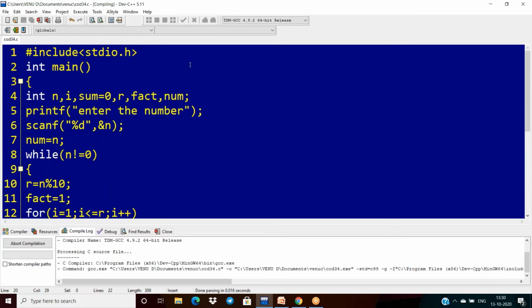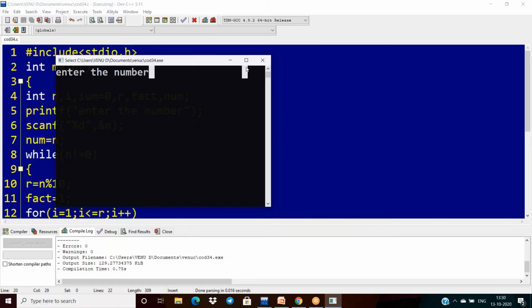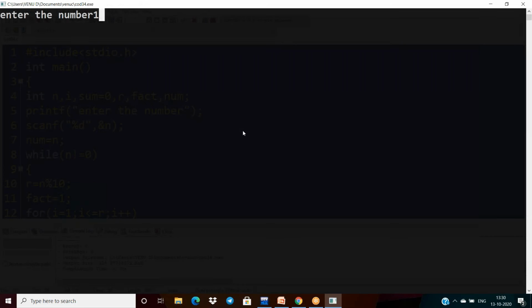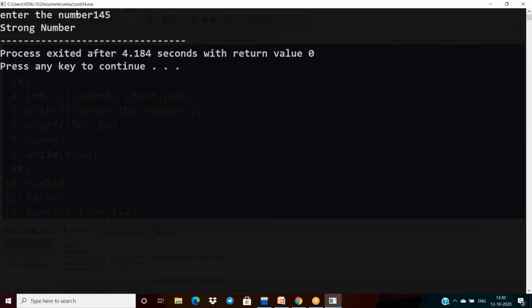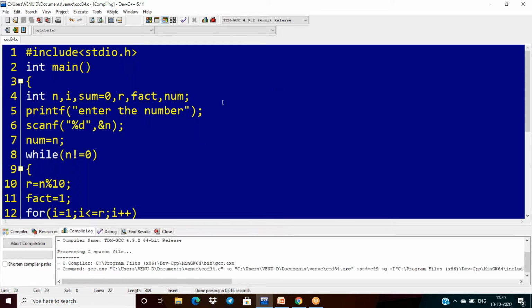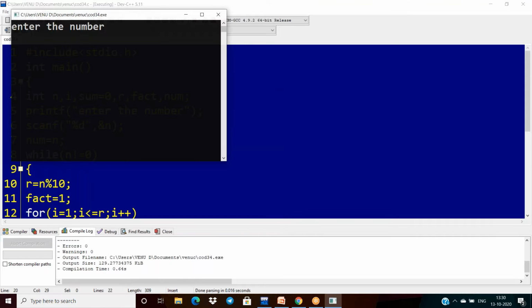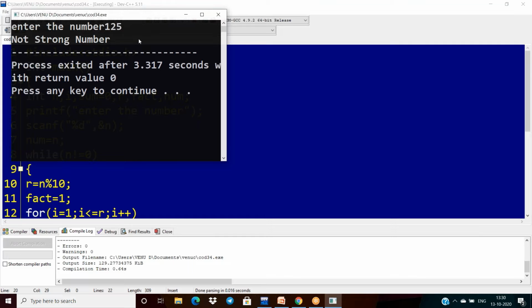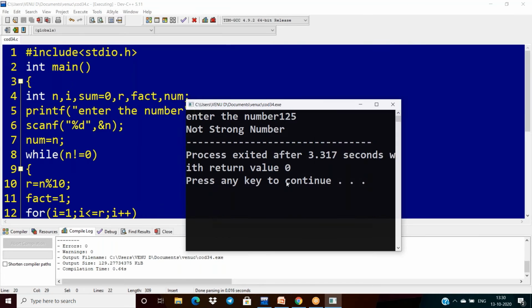I'm compiling and executing the code. If I'm giving input 145, it is a strong number. Next, I'm giving 125. 125 is not. Why is 125 not?